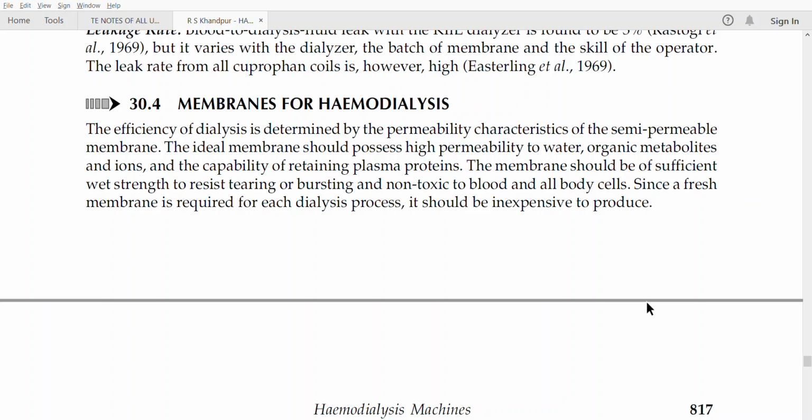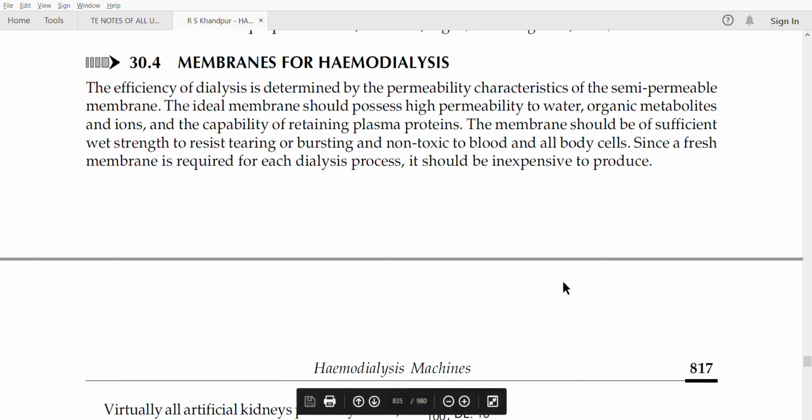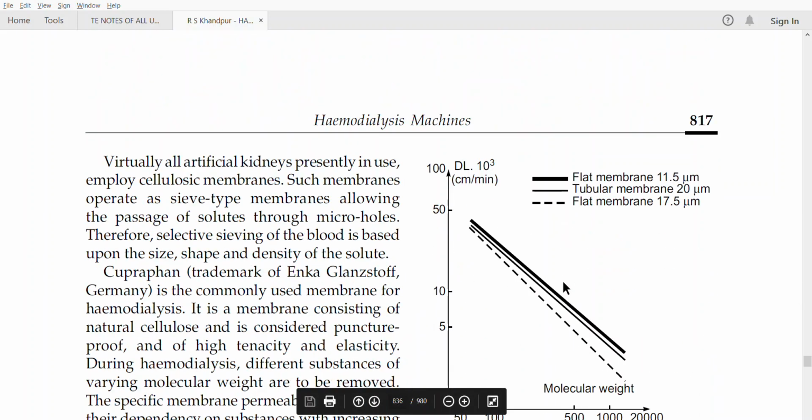They are needed because they are going to separate the waste from the required components in the blood. They are going to remove the waste products from the blood, so that is their need. That is why they are one of the most important parts of the dialysis machine. So you should be in a position to write that, and if asked in a bigger question, you should write